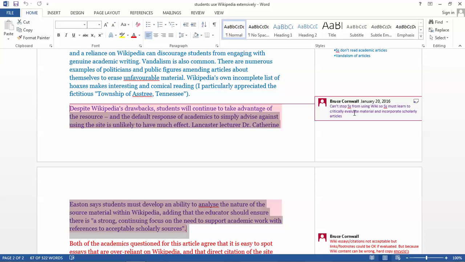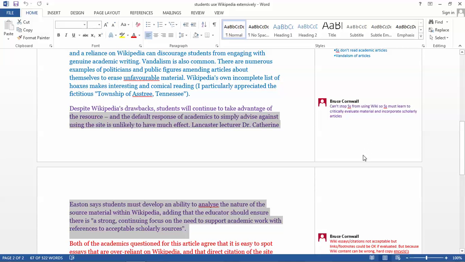And here we have another con, because if students use Wiki only, they're not learning to critically evaluate material and incorporate scholarly articles into their research, which is obviously going to be a problem. So there is another con, which is kind of repeating what was said in the paragraph above. So that's redundant, and we may not need to put this into our summary, but we'll put it in our outline anyway. And